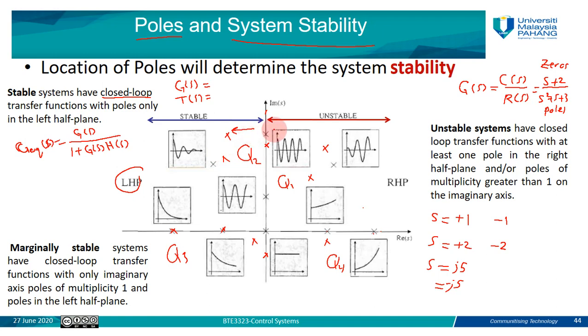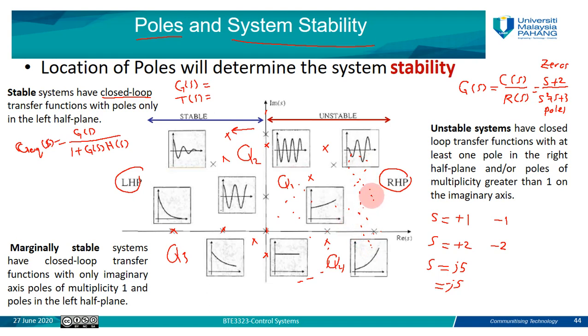If the poles are located on the right half plane, I mean greater than zero, this is the zero axis, correct? So this is the 0 point. If a pole is in this area on the right,